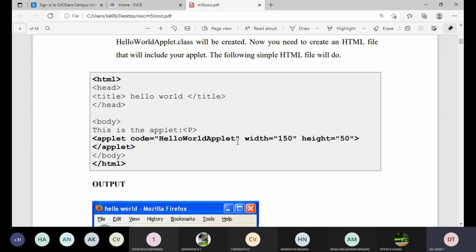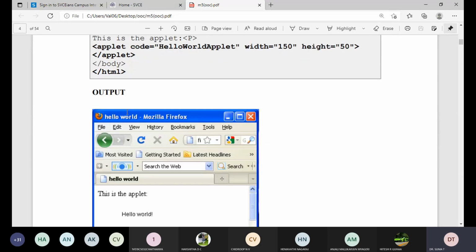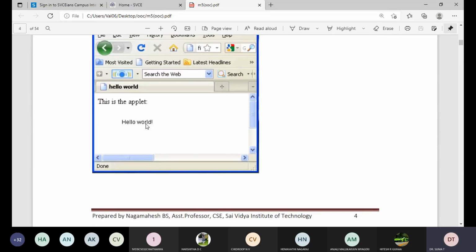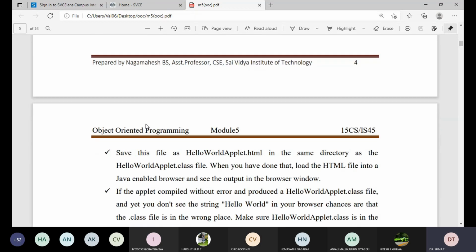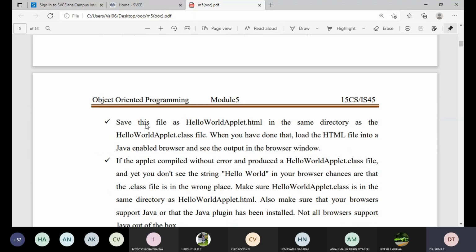Okay, now see here. When you execute this also, this is the applet HelloWorld, like this it will come. Okay, so save this file as HelloWorldApplet.html in the same directory as the HelloWorldApplet.class file. When you have done that, load the HTML file into a Java enabled browser and see the output in the browser window. Okay, if the applet compiled without error and produced a HelloWorldApplet.class file, and yet you don't see the string Hello World in your browser,